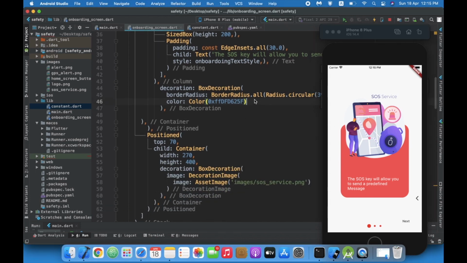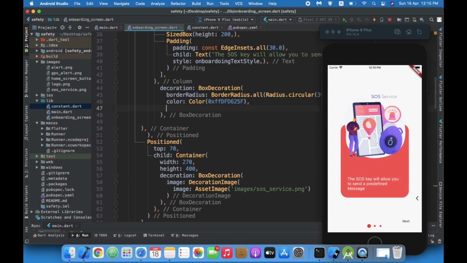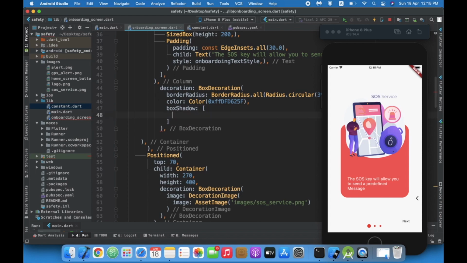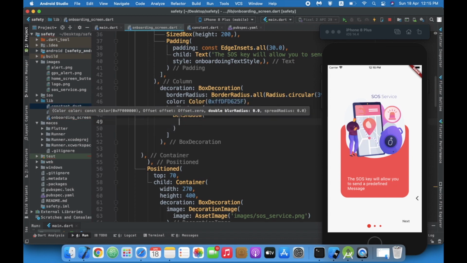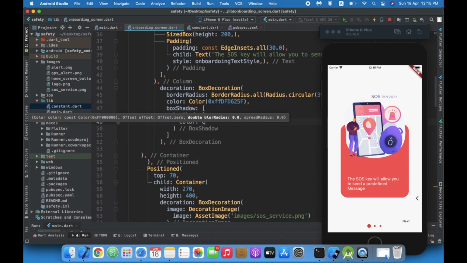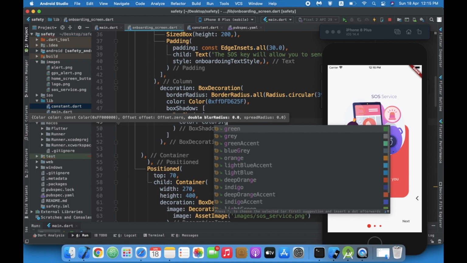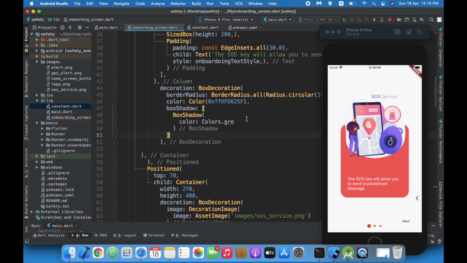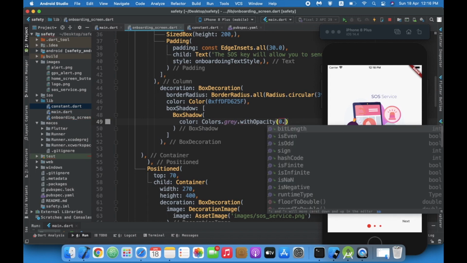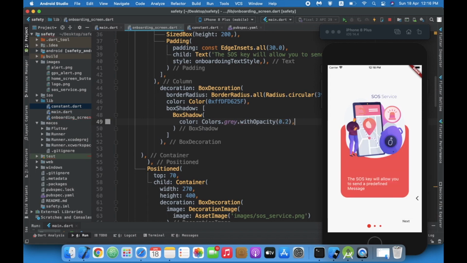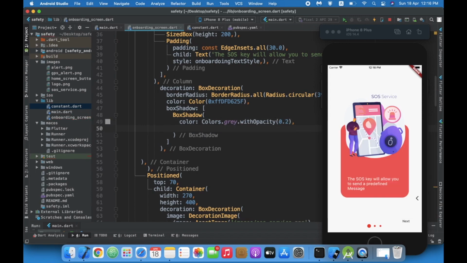Now I just want to add decoration, border shadow. So box shadow will be an array of box shadow with color dot gray with opacity 0.2 maybe. Yeah, because we want the shadow to be subtle.